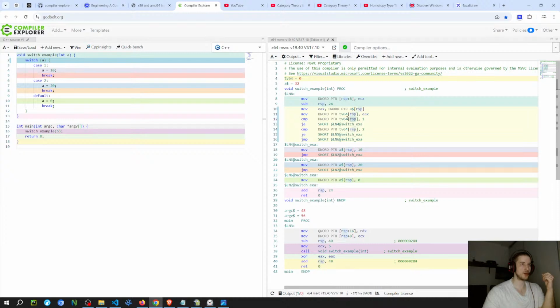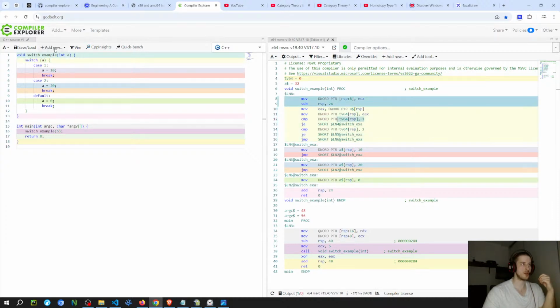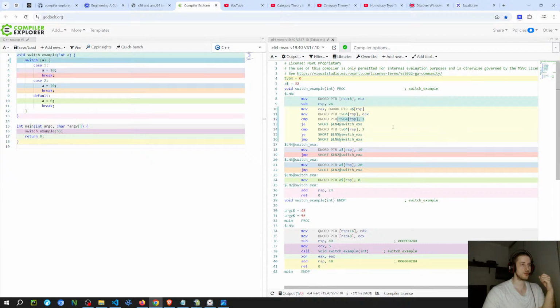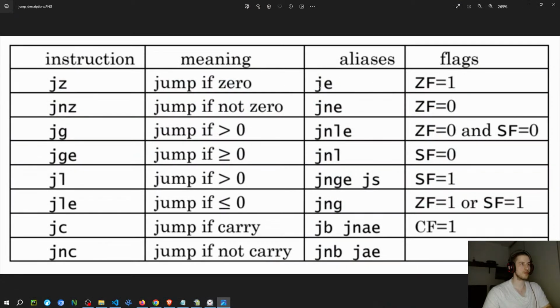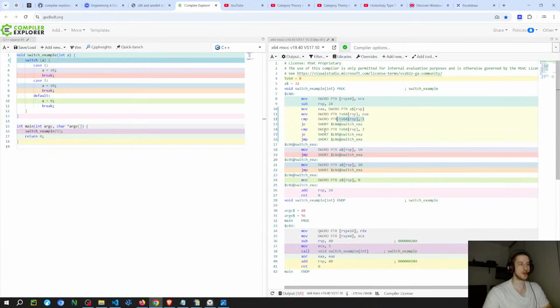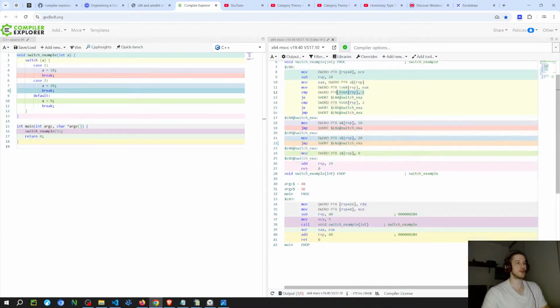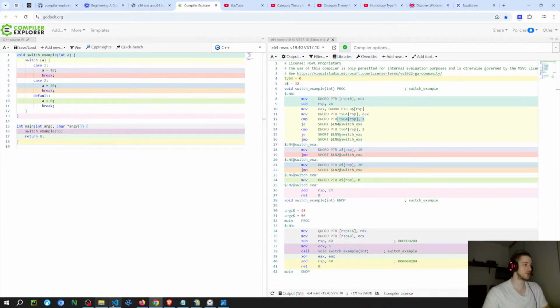It does that to compare here. Yeah. So each case is gonna do a comparison, which is gonna subtract 5 from the case, and then it's gonna jump based on the instruction. So it's using a jump if equal. I think jump if equal is a jump if the zero flag is set, if I remember correctly. So it's not really jump if equal, it's jump if the zero flag is set, because it compares the numbers by subtracting them. So if the result's 0, it means the numbers were the same. So this one is easy, so I'm gonna go to the next one.